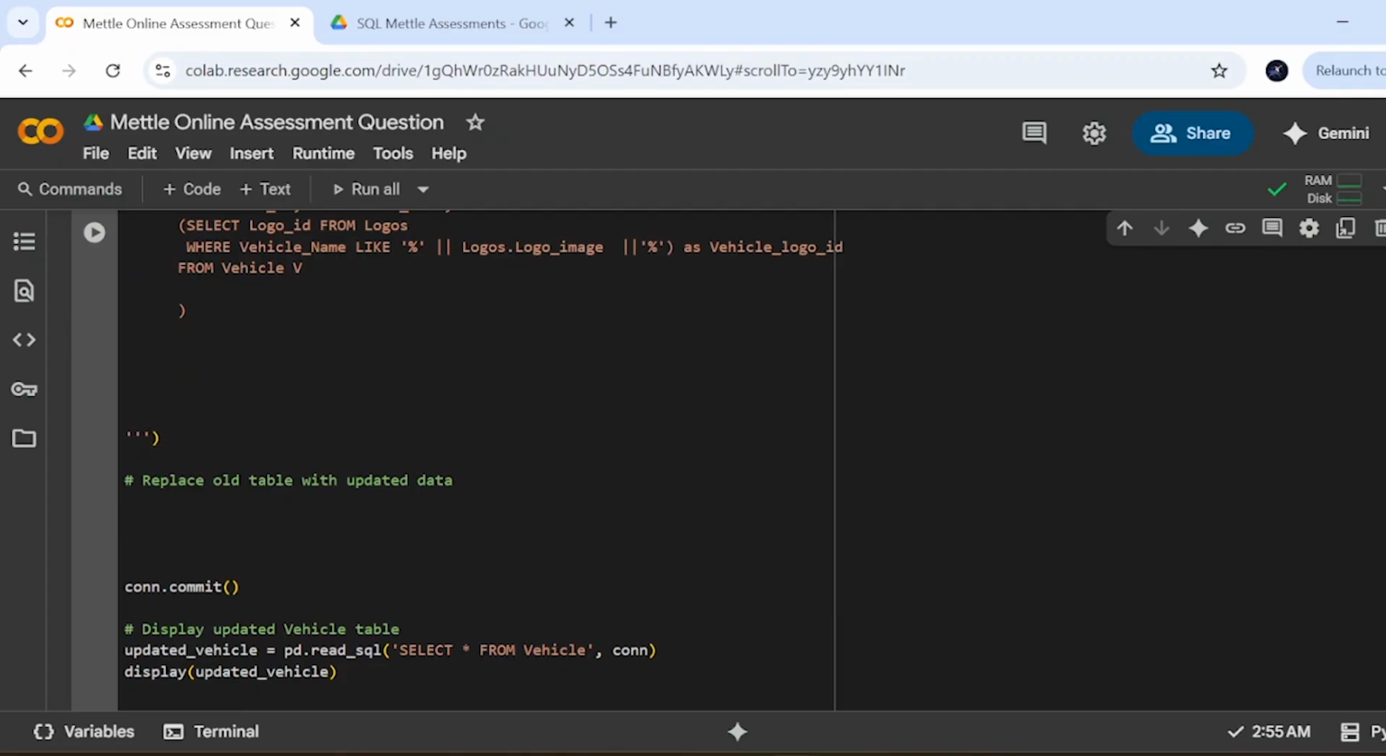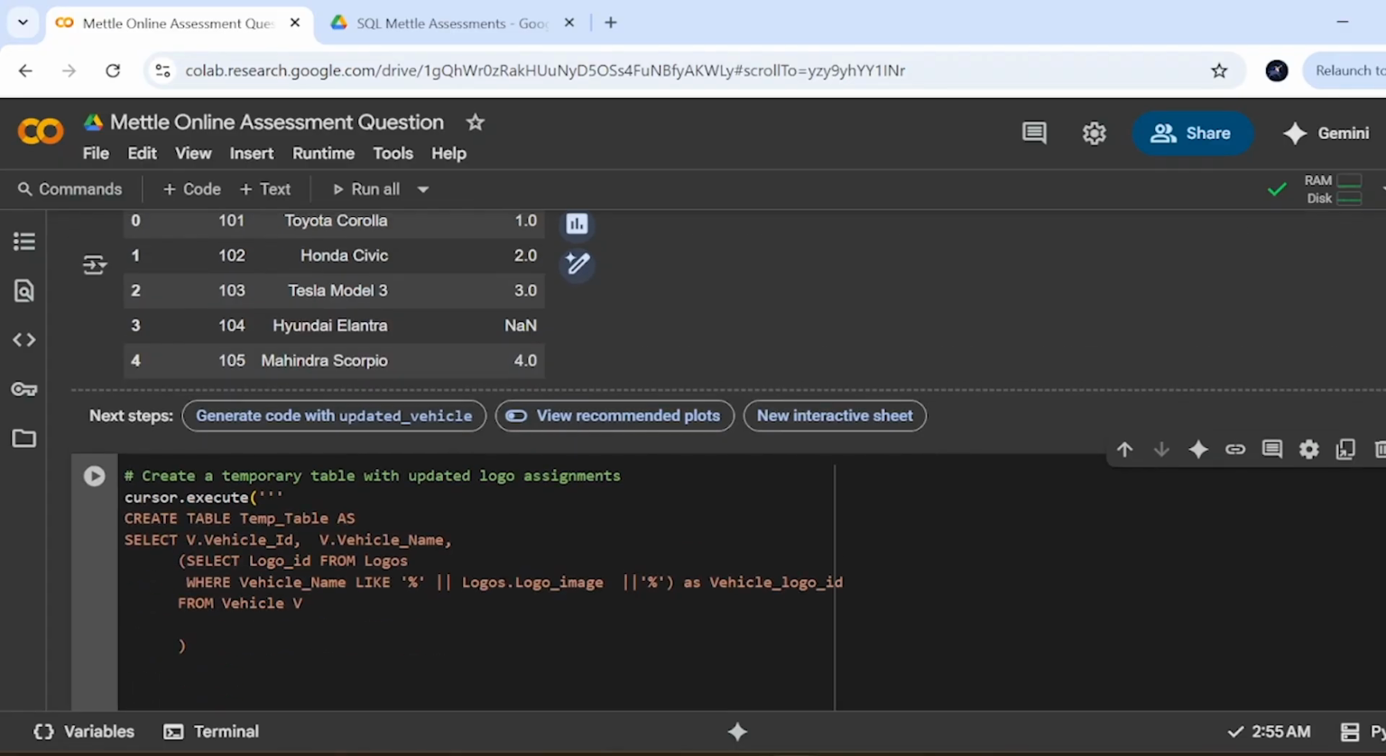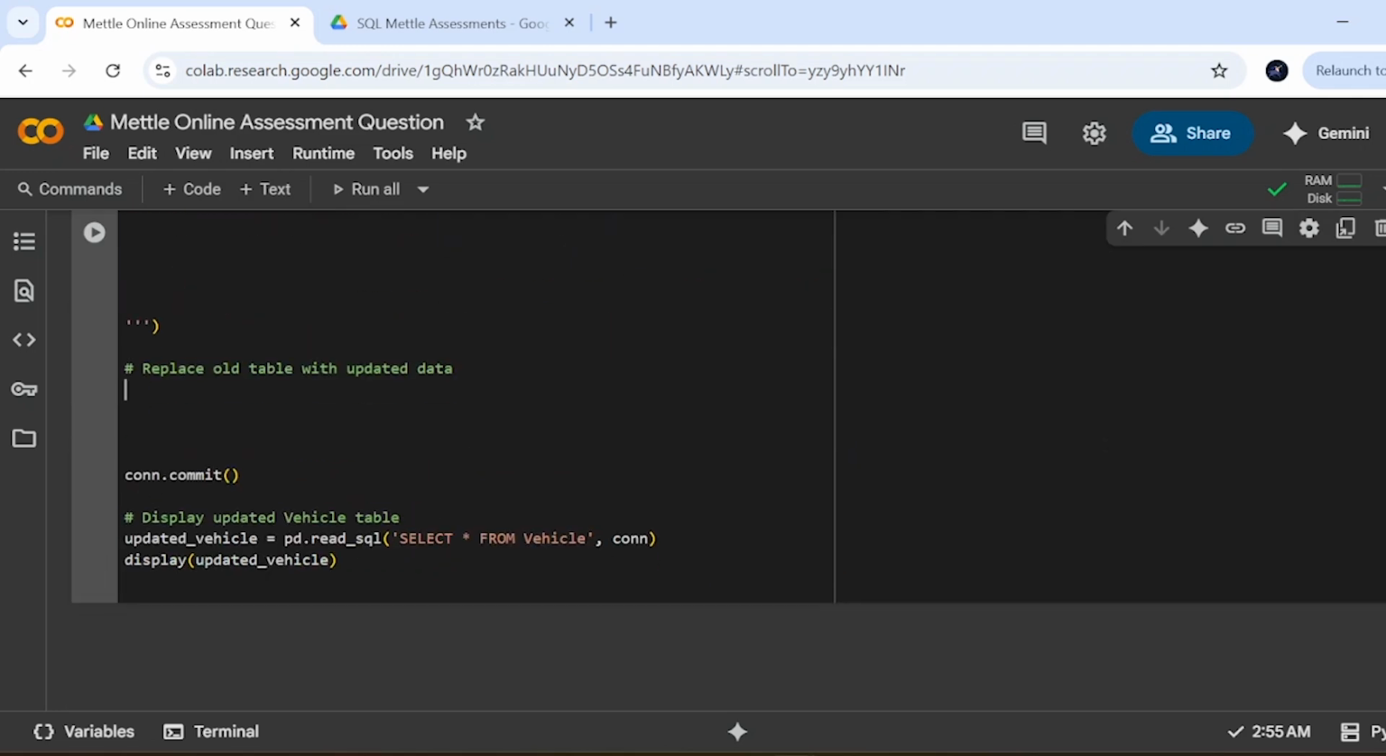Now if I run, but it's not done yet. There is one more thing that I have to do. There is one more query actually that I have to run, which is here: replace the old table with the updated table. How I'll do that? I will delete the previous table, delete from, okay, sorry, D E L E, okay, this is correct. Delete from vehicle,